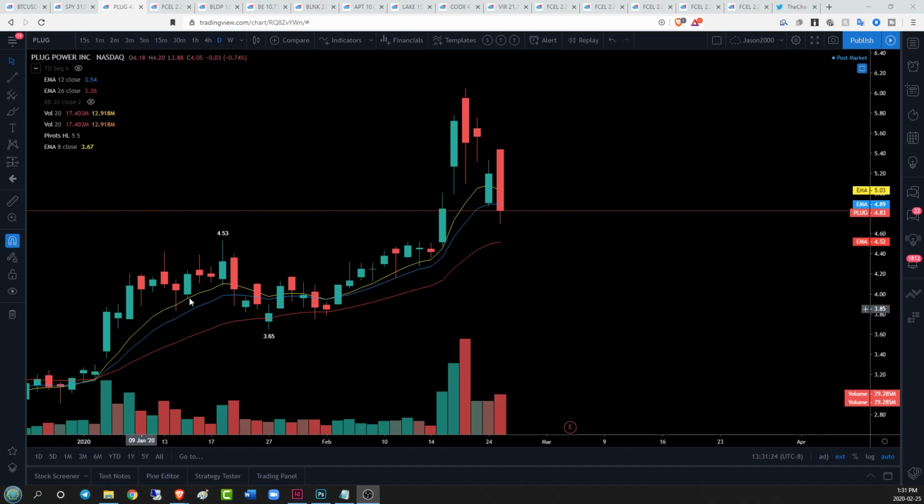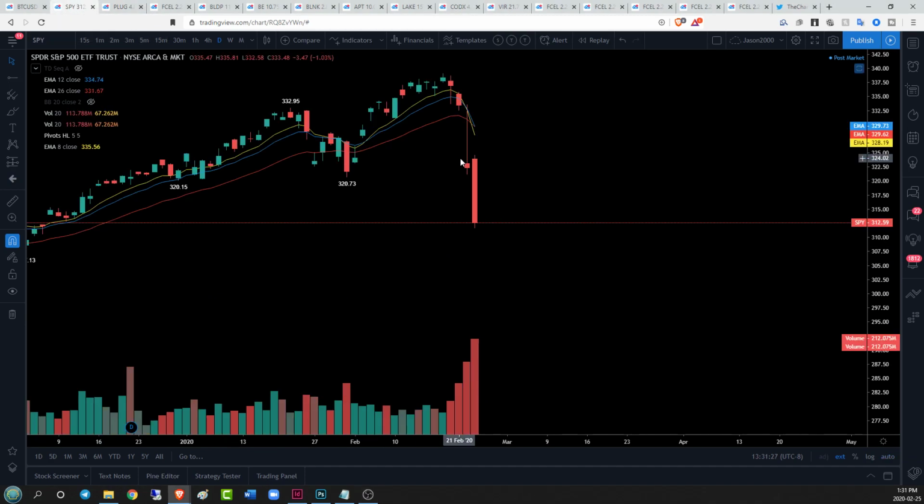Now it's important to look at context for today's trading action because we see a big red day in SPY yesterday, an even bigger red day in SPY today with this big volume candlestick, and that really ultimately influenced what happened in the fuel cell sector. A lot of names had bullish intent, but they saw a sell-off due to the market conditions that we're in. So the tides were against the bulls in a lot of the names that we're going to be looking at